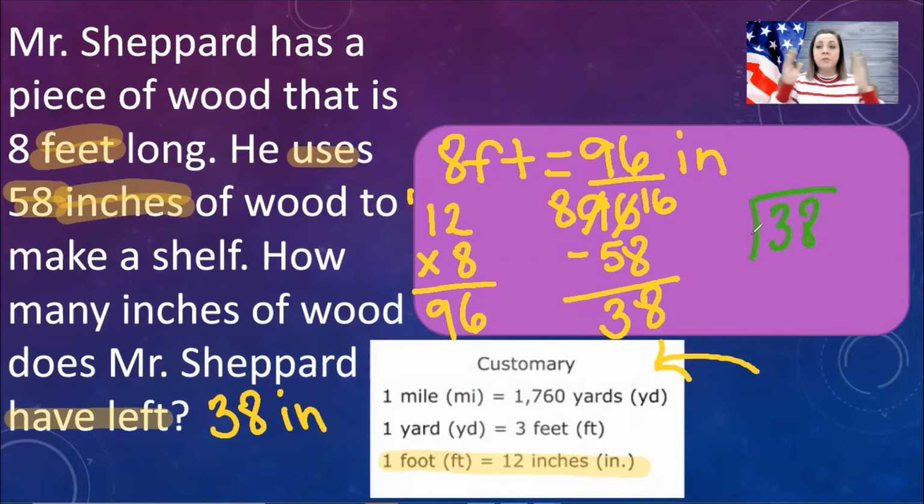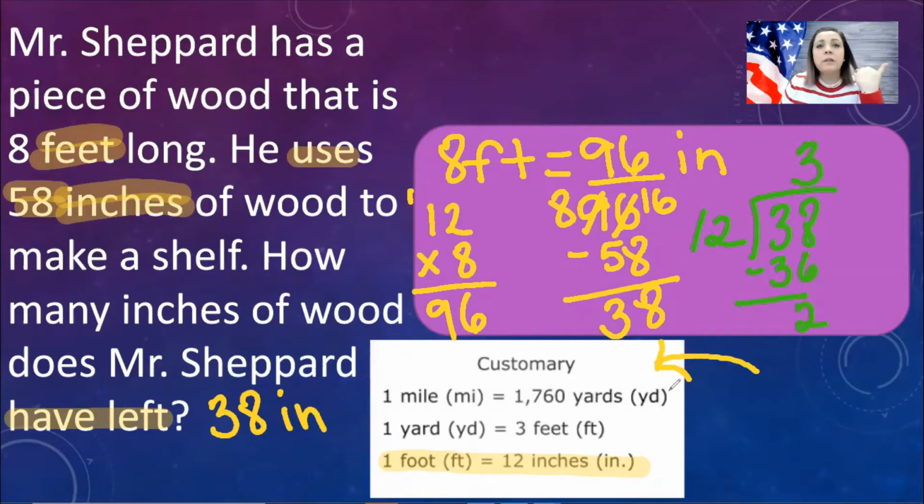Remember, if we're going from a smaller unit to a bigger unit, we divide. So now we're going from inches to feet, and we're going to divide it by 12. So how many times does 12 fit into 38? Well, 1 time is 12. 2 times is 24. 3 times is 36. Can we do 4 times? No, that would give us too much. So we know that it fits in 3 total times, and if we subtract that 36, we have 2 inches